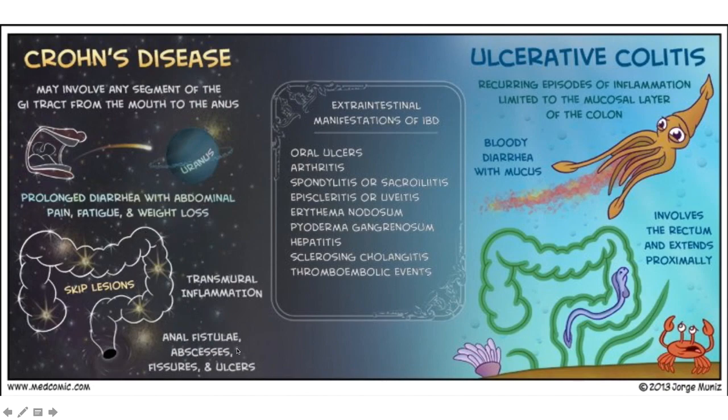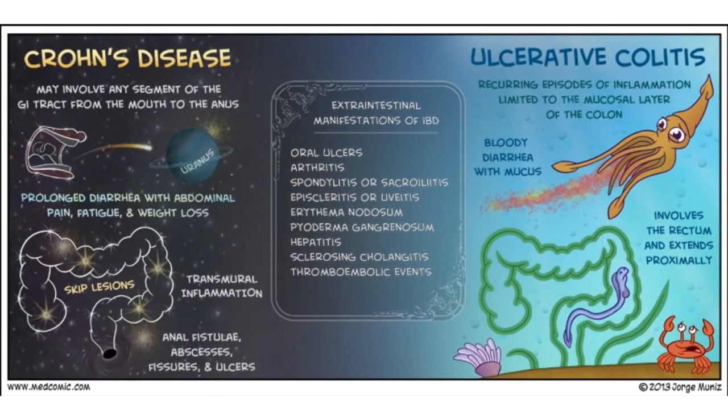And the key feature is that of anal fistulae, abscesses, fissures, and ulcers, versus UC, where there are recurrent episodes of inflammation limited to the mucosal layer of the colon, bloody diarrhea with mucus, and it involves the rectum and extends proximally. And we said extraintestinal manifestations, a whole truckload of them: oral ulcers, arthritis, spondylitis, or sacroiliitis, under the ambit of